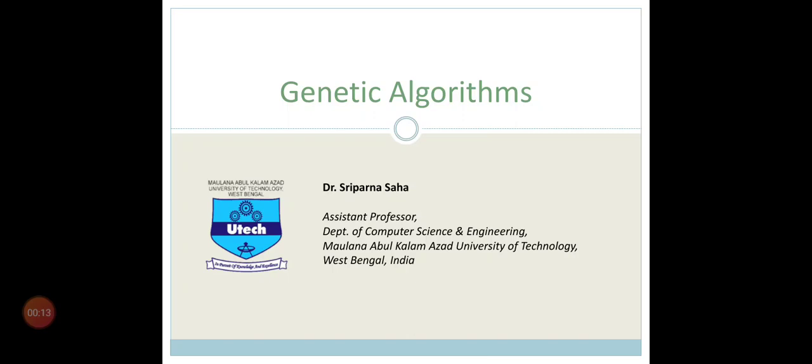Till now we have covered what is genetic algorithm and what are the applications of GA. Then we have covered what are the different strategies with the help of different block diagrams. Then we have talked about the encoding techniques. After the encoding, it was the selection. And then we have covered the crossover techniques of GA.